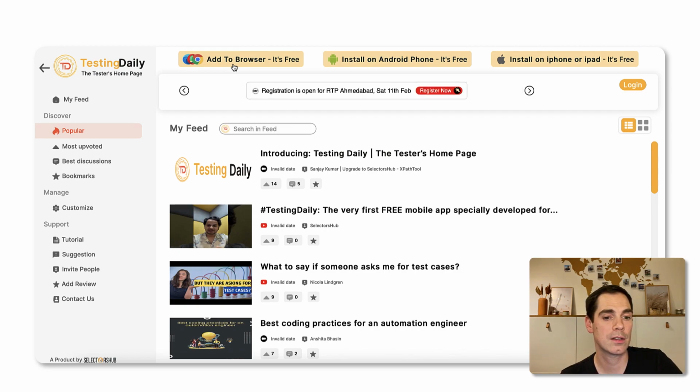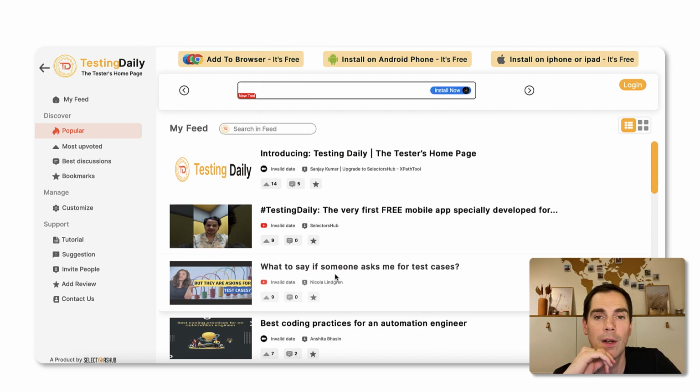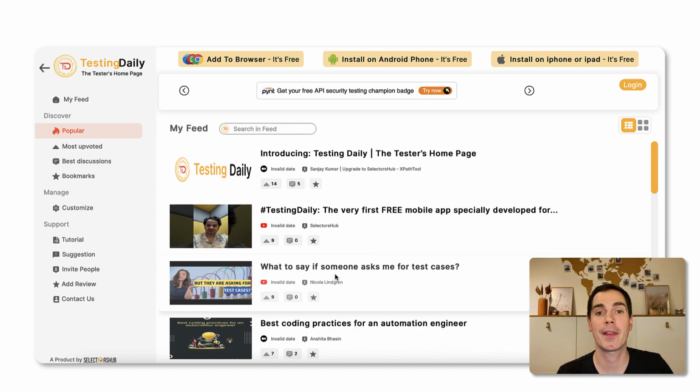I think this is a nice project. It has just started as far as I can see from Sanjay, and I think it's a valuable thing to take a look at. Take some time and see if this is helpful for you. Since you know that I like to present community-driven topics and projects, as I've done in the past with how others do mobile testing or how other companies do software testing, I always like to give credit to people from the software community and the software testing community in particular.